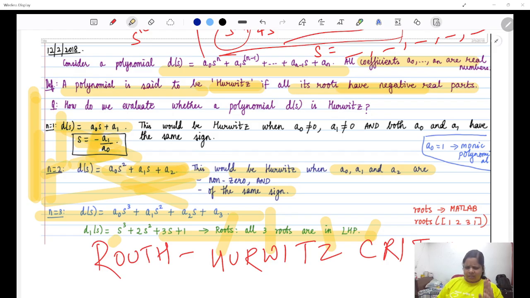Just for this class, assume that it would be Hurwitz only when all of them are non-zero and all of them are of the same sign. If a0 is 0, that won't be a problem. If a1 is equal to 0, then a0 s square plus a2 is a problem,